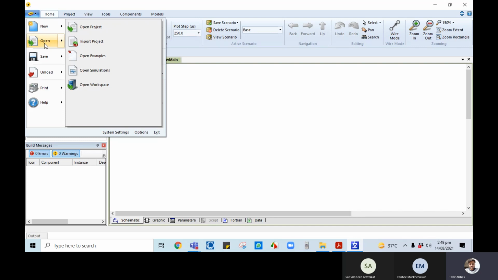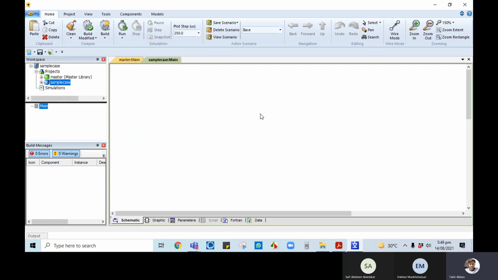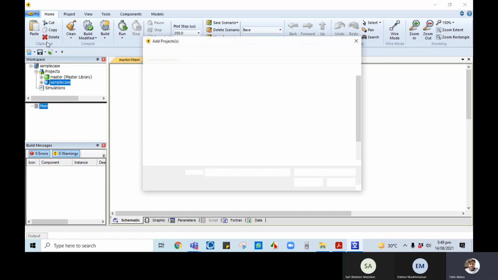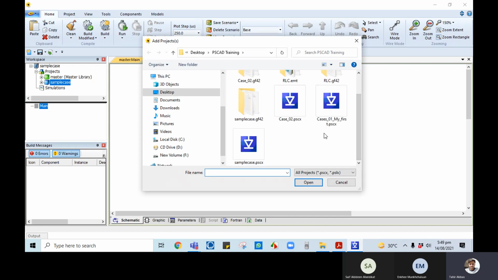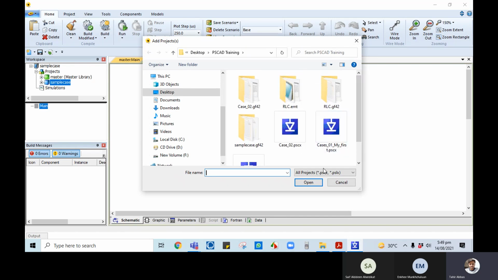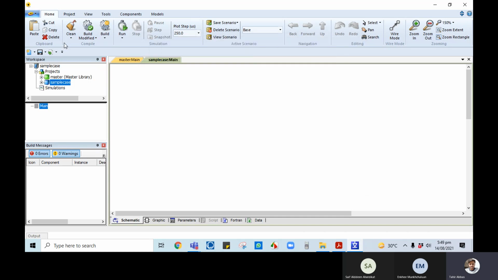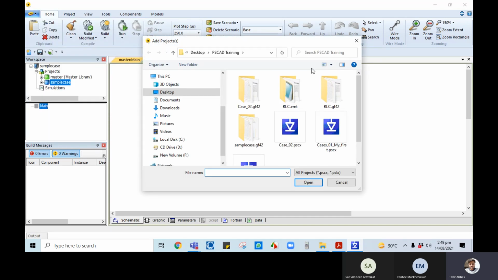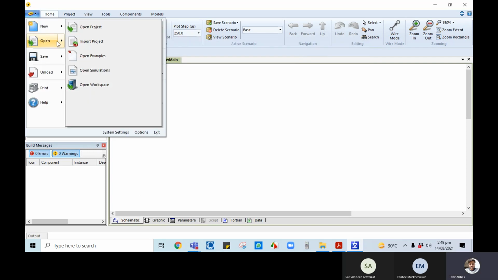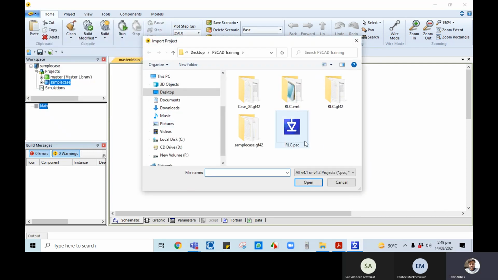The most important thing about this button is that if you have a file in version 4.2, like in a previous version of PSCAD, and you want to open that file, for example, I go for open and check here, and that RLC PSC file is not available. But if I click on this and go to import project, then I will see this file, RLC PSC.